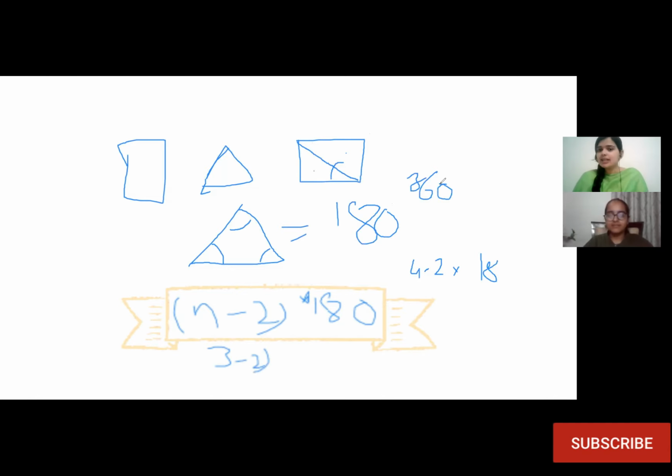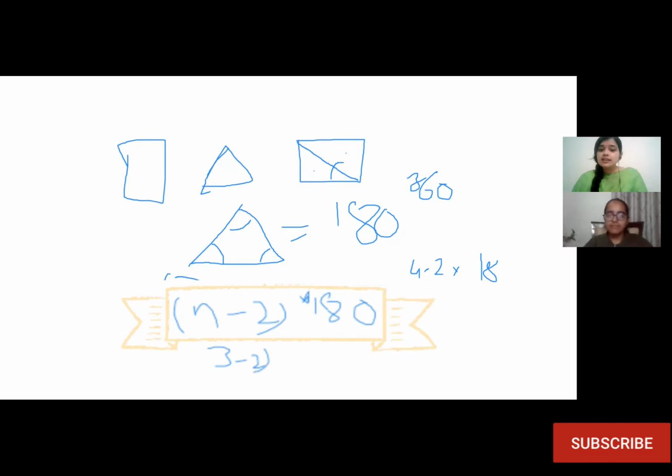Right? Similarly for pentagon, it can be divided into 3 triangles. Okay? So every shape can be divided into n minus 2 triangles, and hence we can just simply divide it like this. This is the formula that we get, number of sides minus 2 into 180 degrees. That is sum of interior angles. That is one thing that you showed in your project.